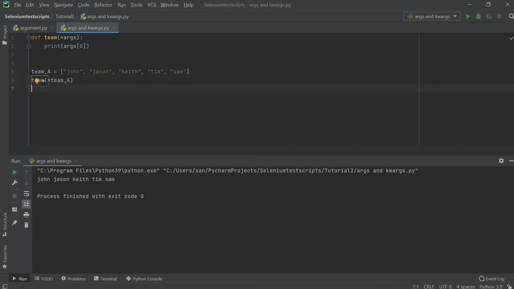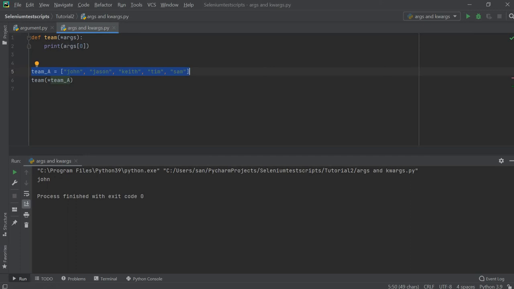Okay, so this is the list which contains the names of the team members, and now I'm calling it, and when I'm calling it I'm passing this whole list, right? So all these values are passed, and here I'm accessing all the values, and I'm just printing the first value. Let's run this again.